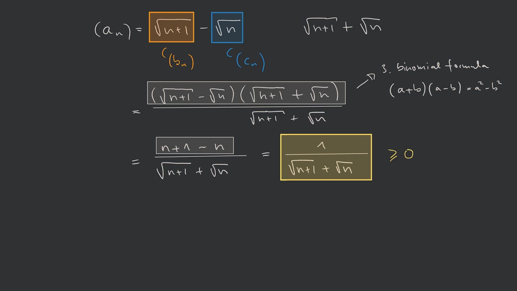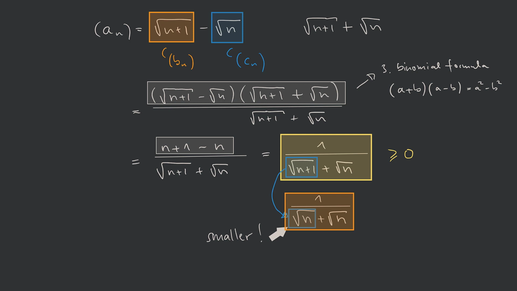So it never can get negative. Secondly, I want you to compare the expression in the yellow box with this expression. What is the difference? Well, the difference is that we have replaced the square root of n plus 1 by the square root of n. Now, apparently the expression which we used as a replacement is smaller than the expression which has been replaced. That is smaller than square root of n plus 1. So altogether, the denominator is smaller, which is why the expression in the orange box is greater than the expression